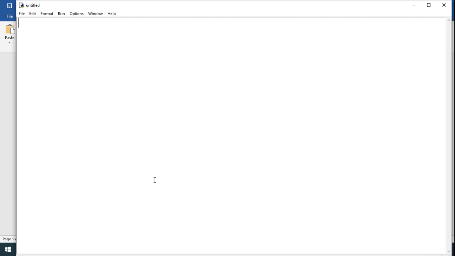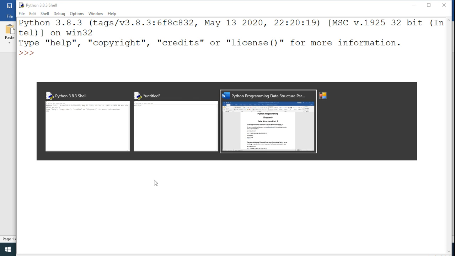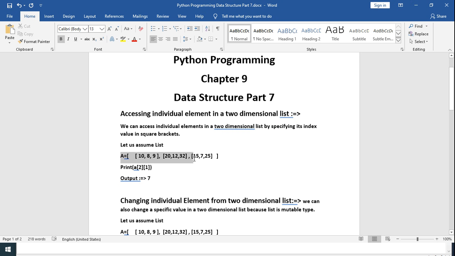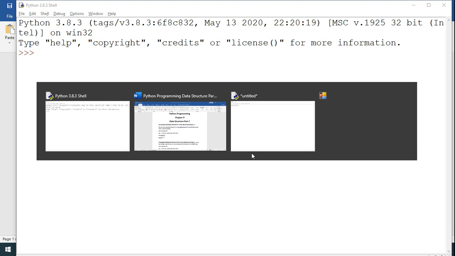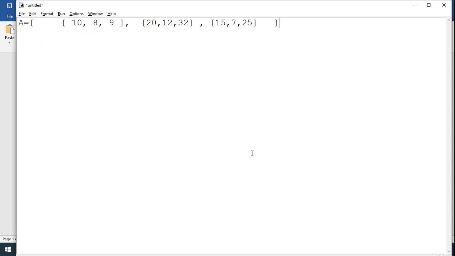So we write a new program. We are going to assume a list, a multi-dimensional list. Here we print our list. Now I am going to print A[2][1].